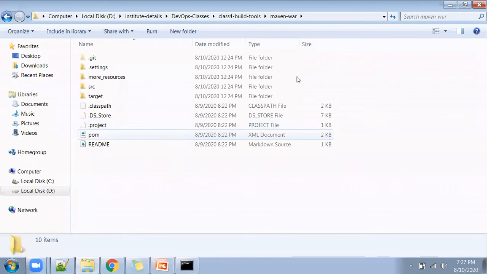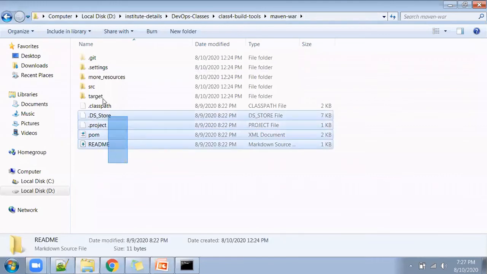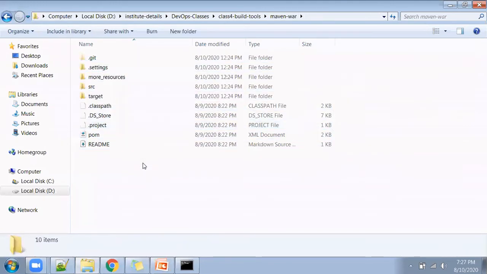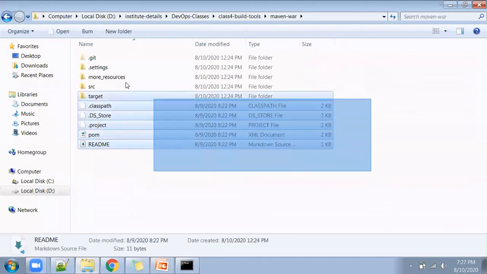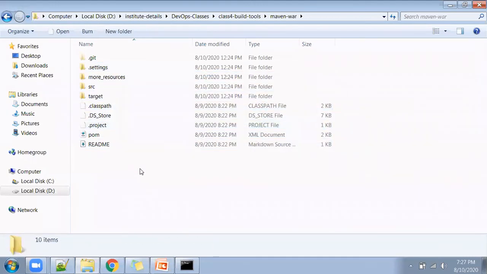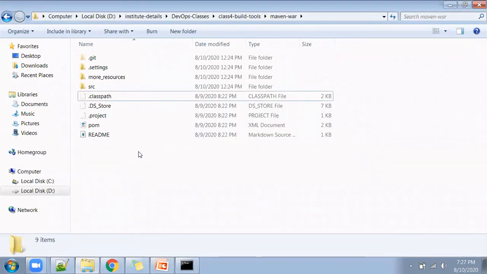Now let's see this thing. I have one jar file. This is code I developed some time back. I also took the basic code from Maven, and on top of that, I made little modifications. This is the target folder. It's not required because the target folder will be created once we do the Maven build. So now I will do the Maven build.